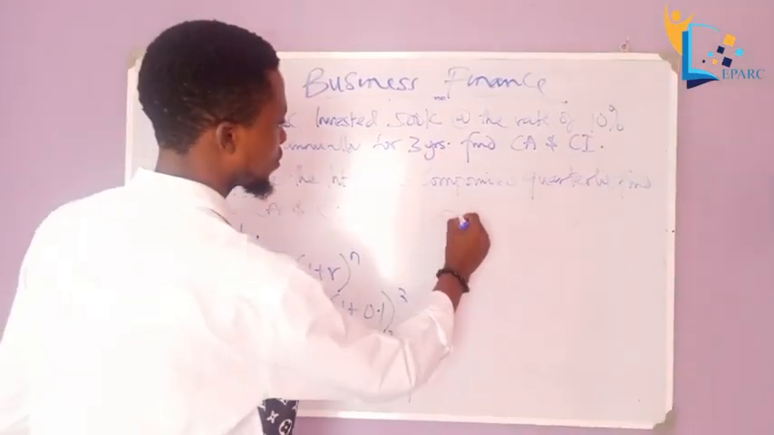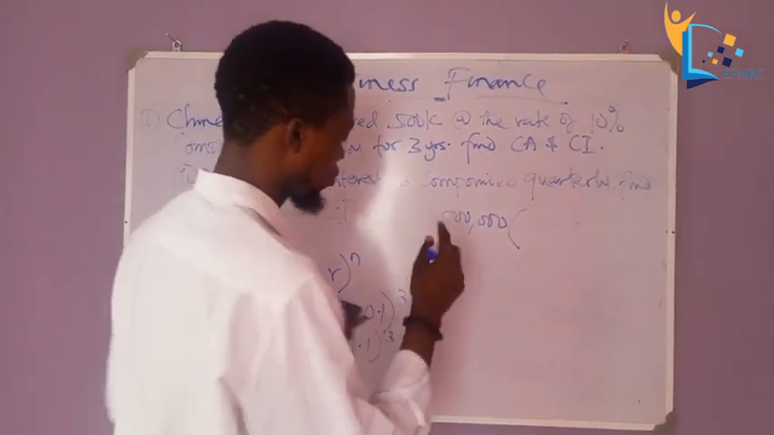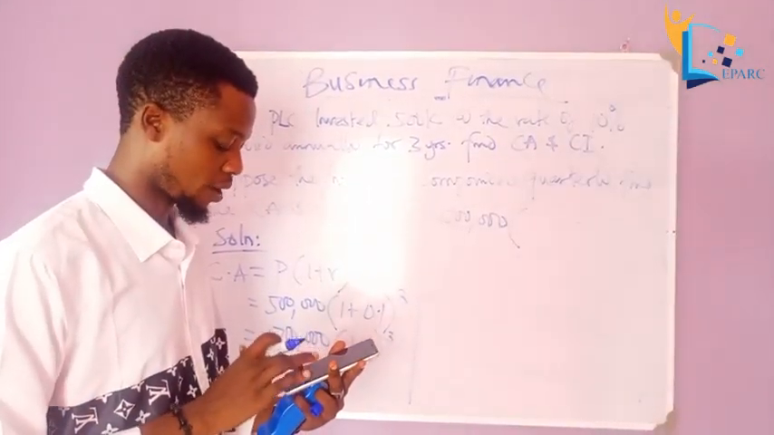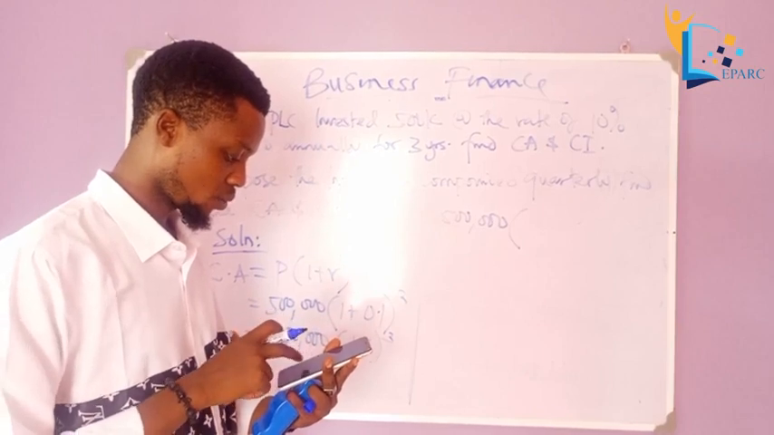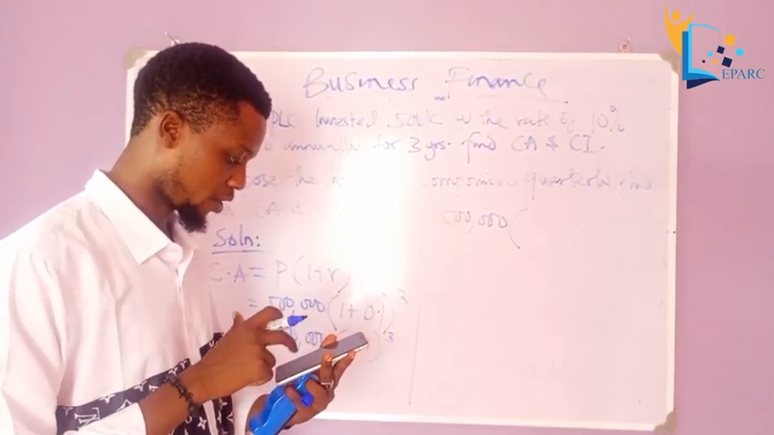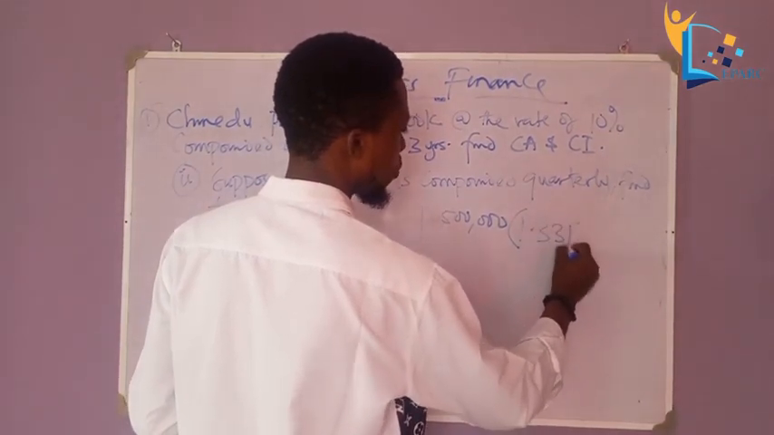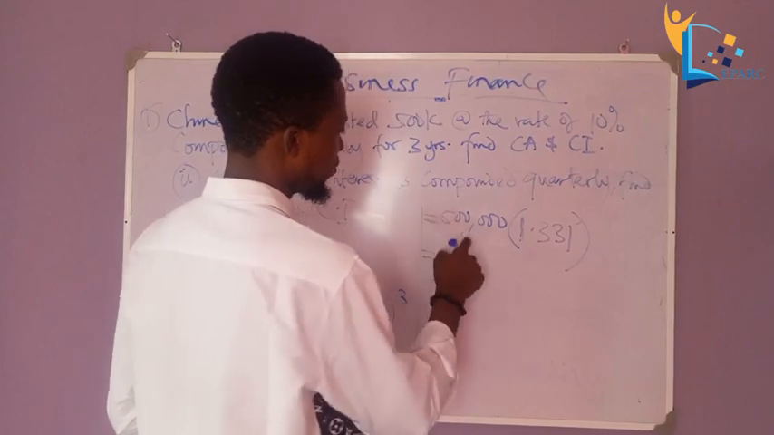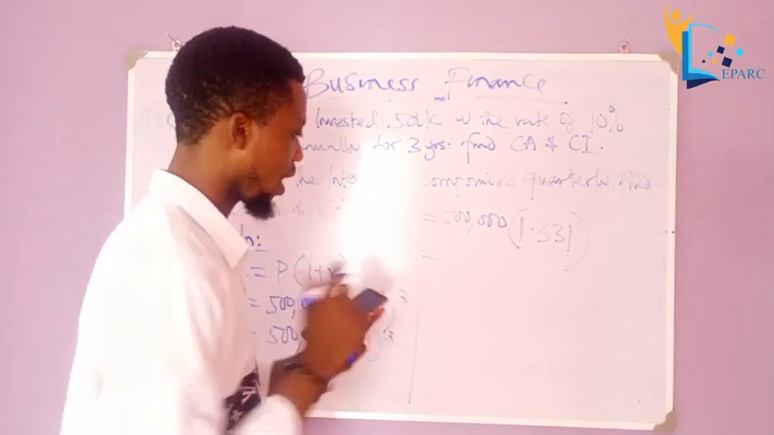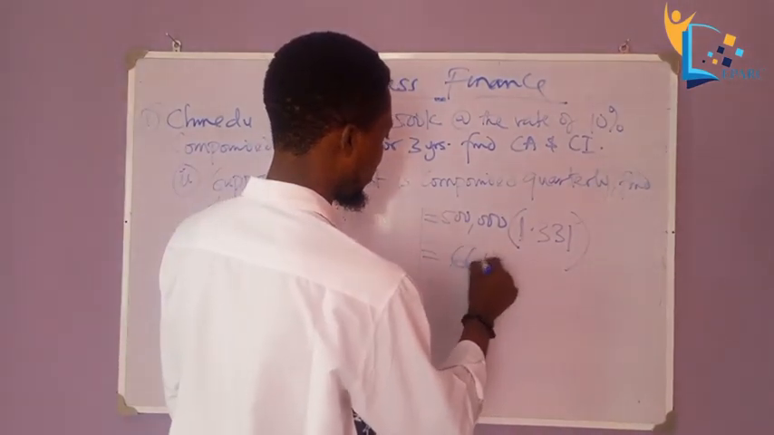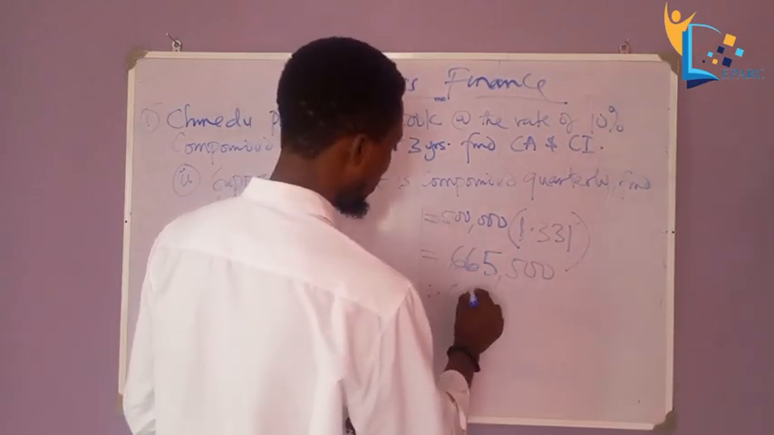So now we have 500,000 brackets 1.1 raised to power 3. Let's see. 1.1 raised to power 3. Let me use my calculator. 1.1 raised to power of 3, we have 1.331. Okay, so 500,000 times 1.331 we have